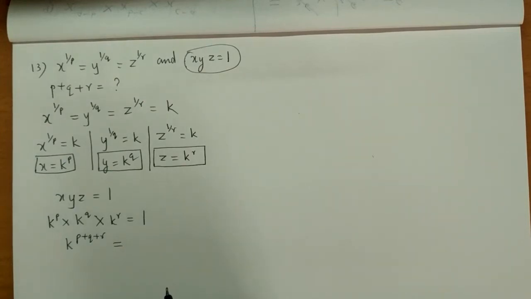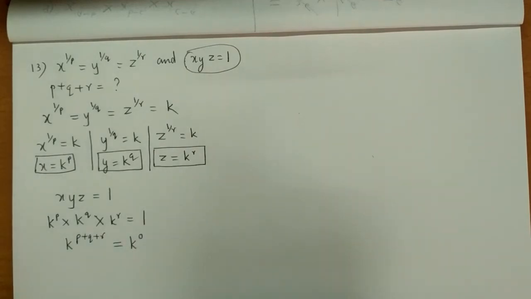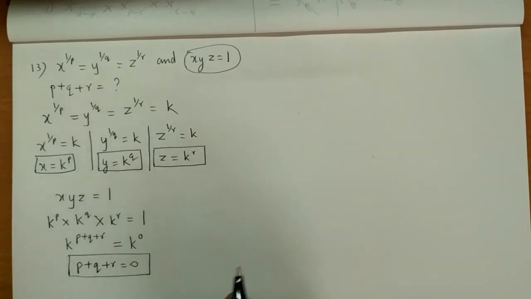Now we know that a raised to 0 is 1. So वैसे ही हम इस 1 को replace करेंगे k raised to 0 से. So I can say 1 is replaced by k raised to 0. So अगर दोनों तरफ बेस इक्वल है तो पावर्स भी क्या होंगे इनके इक्वल. So I could say p plus q plus r इसकी वैल्यू है 0. Okay, so you have the answer as p plus q plus r is equal to 0 and the option is